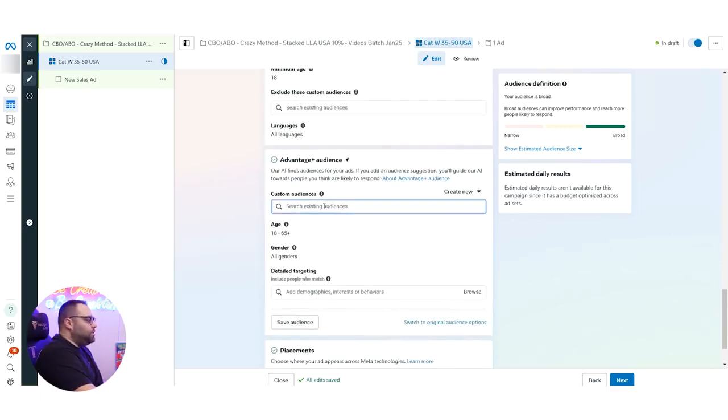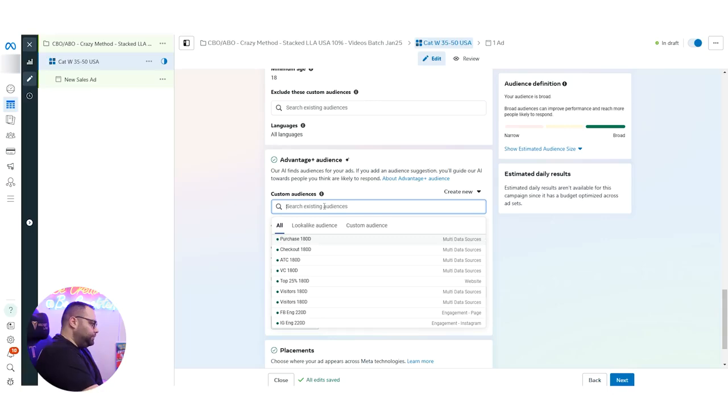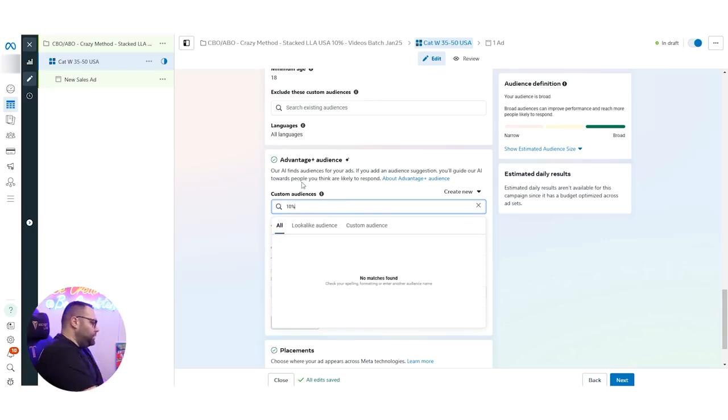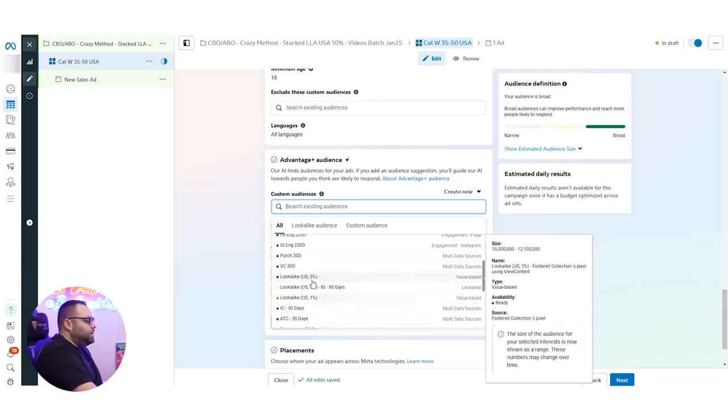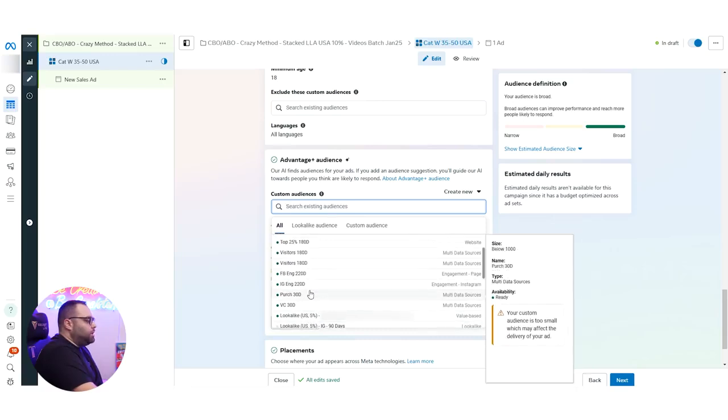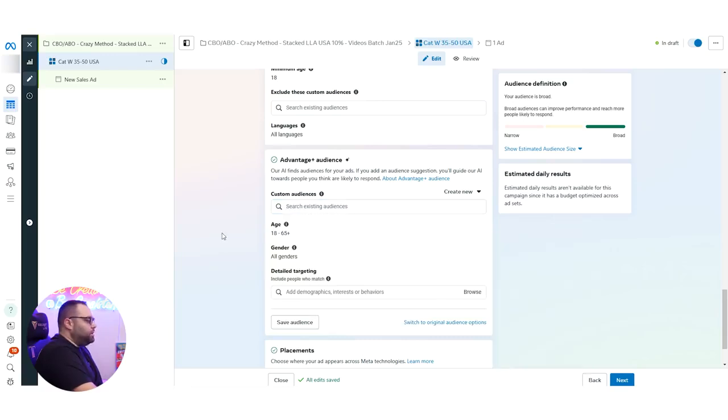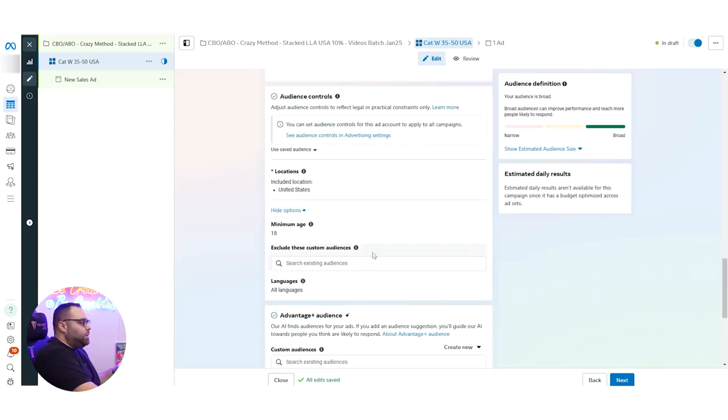This includes also over here the lookalikes. Okay, so let's put 10%. I don't have it here because I'm doing ASC campaigns, I guess. So here you can put lookalike audiences, okay? You can put your lookalike audiences. You can put also custom audiences, depending on what kind of campaign you are going to do. And here you can put your age, your gender, and then you can put also a little bit of targeting like interest and all of that. And as I said again, this is going to be the suggestion. This is going to be the hard